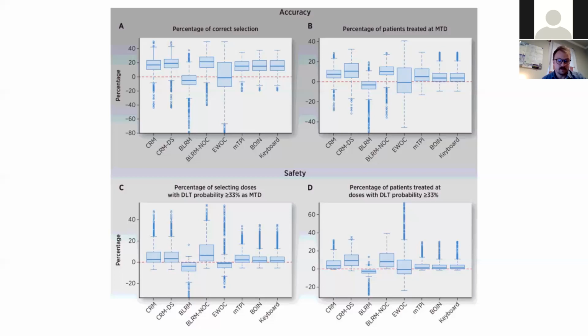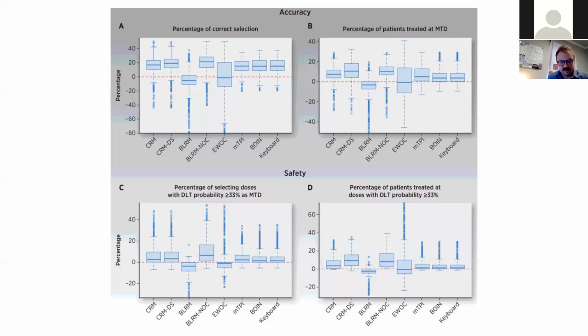One being in figure C, the percentage of simulated trials in which a toxic dose was selected, with the true DLT probability greater than 33% being selected as the MTD, which means that we're selecting too toxic of a dose. Not great. Figure D shows the average percentage of patients assigned to the toxic dose with a true DLT probability of greater than 33%. Now, in this case, we want smaller values relative to the 3+3, which, as you can see on